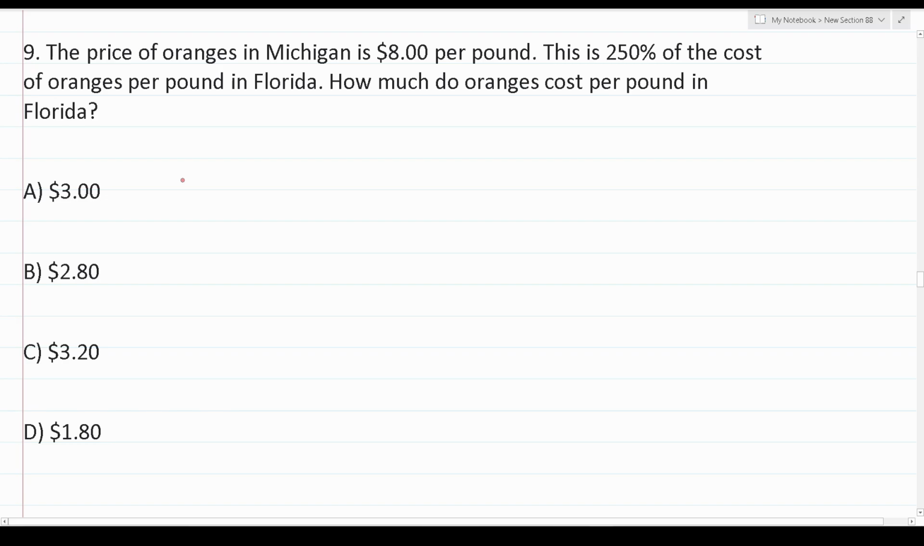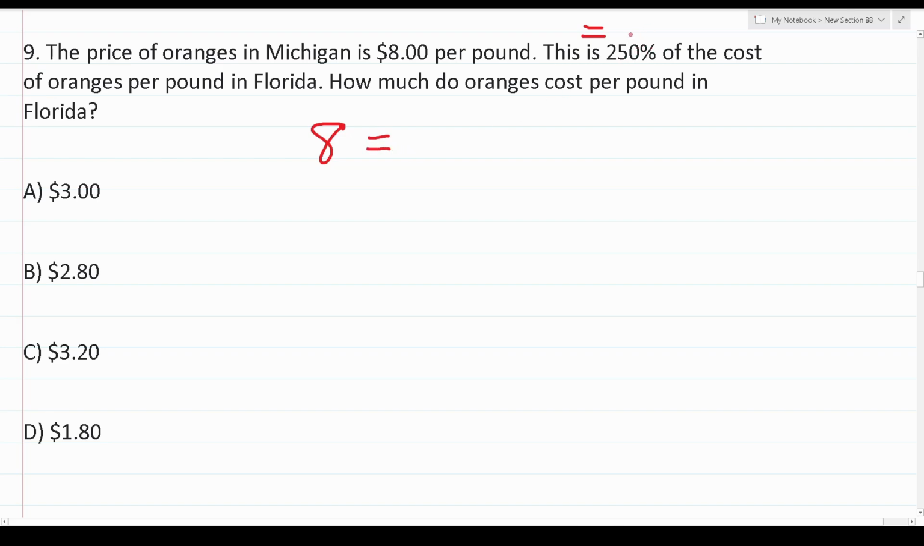All right, so number 9 here says the price of oranges in Michigan is $8 per pound. This is 250% of the cost of oranges per pound in Florida. How much do oranges cost per pound in Florida? All right, so for this one, the problem tells you exactly what to do. Again, the price of oranges in Michigan is $8 per pound. So let's just go ahead and represent that. And it says this cost of oranges in Michigan is, well, is always equal. So $8 is